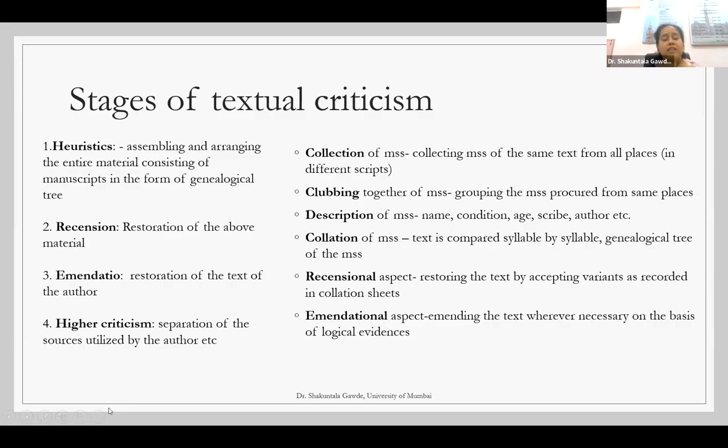So in general, of course this is a very detailed process, but in general, we can see there are stages of textual criticism. The four main stages we can see: heuristics, recension, emendatio, and higher criticism. Now, the first three stages, that is heuristics, recension, emendatio, form a part of lower criticism. Okay, it is called lower criticism, and that lower criticism aims to critically edit the text or bring out